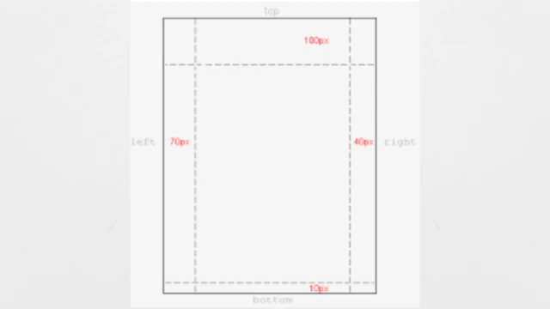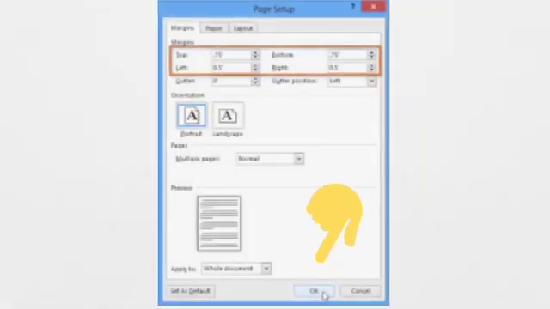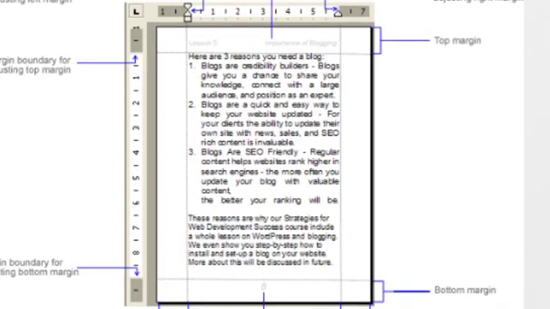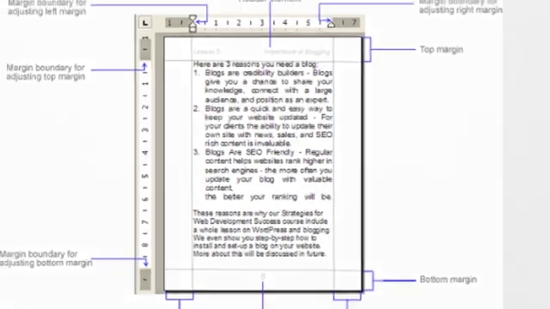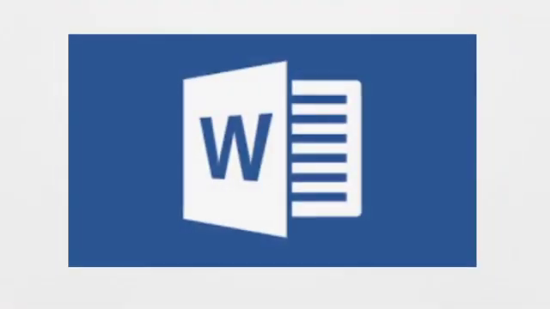After making these changes, press OK. Click on the OK button. You will see that the margins you have applied will be applied to your document easily. So this is the way that you can change the margin. Making changes to the settings of the page is called page formatting, that you have done. Clear? This is called page margin. Fine. If you still have doubt, we'll discuss this again.